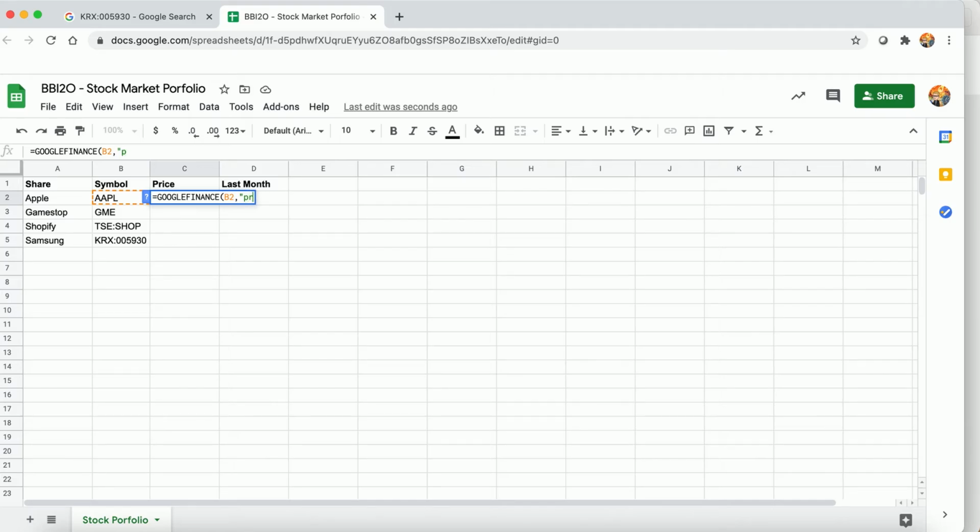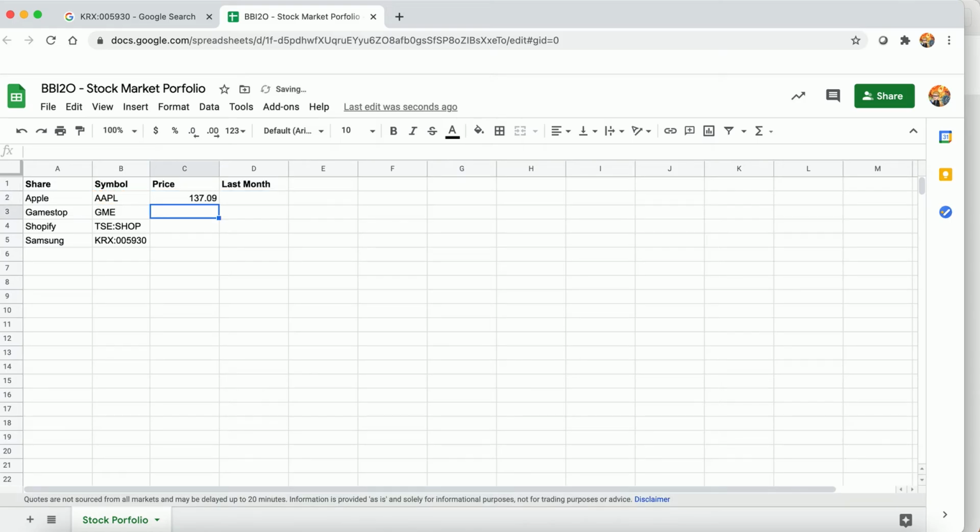And what do I want? I want the price. So that will be the price as of 20 minutes ago. There's a slight delay. And when you open it, you see a little loading, and then it goes ahead and fills that in. The second thing I want to show you is SPARKLINE. That's a way you can create a quick graph in a cell just to get an idea of how things